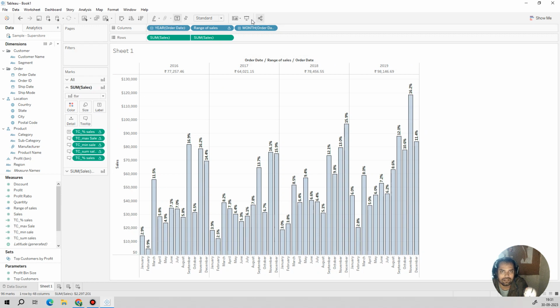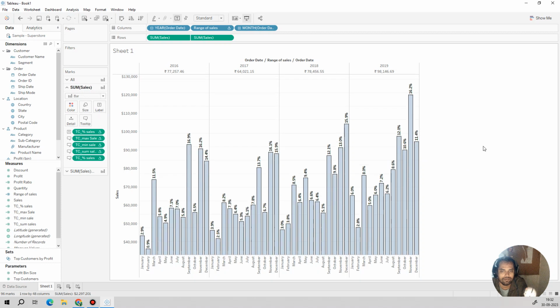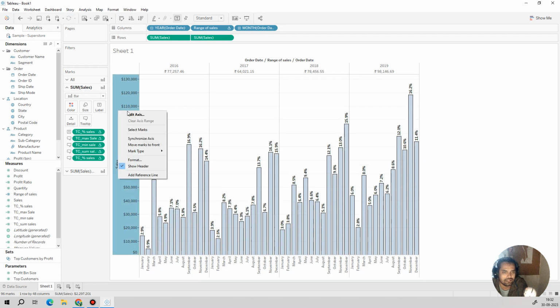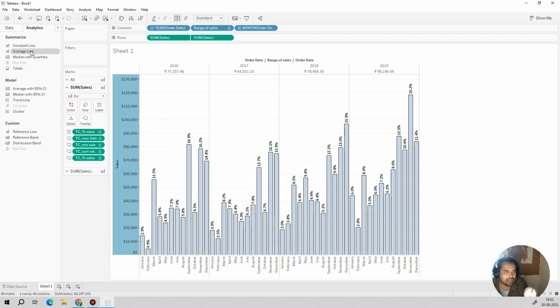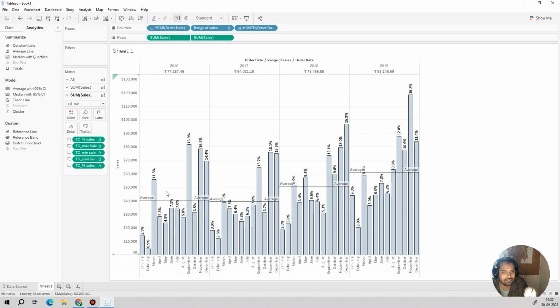So guys, if I make it full screen, now you can utilize your Windows function knowledge on visualization and you can create something interesting like this. Okay, so let's apply the mean lines, like some analytics, like we can add some average line over here. And what we can do, we can do some